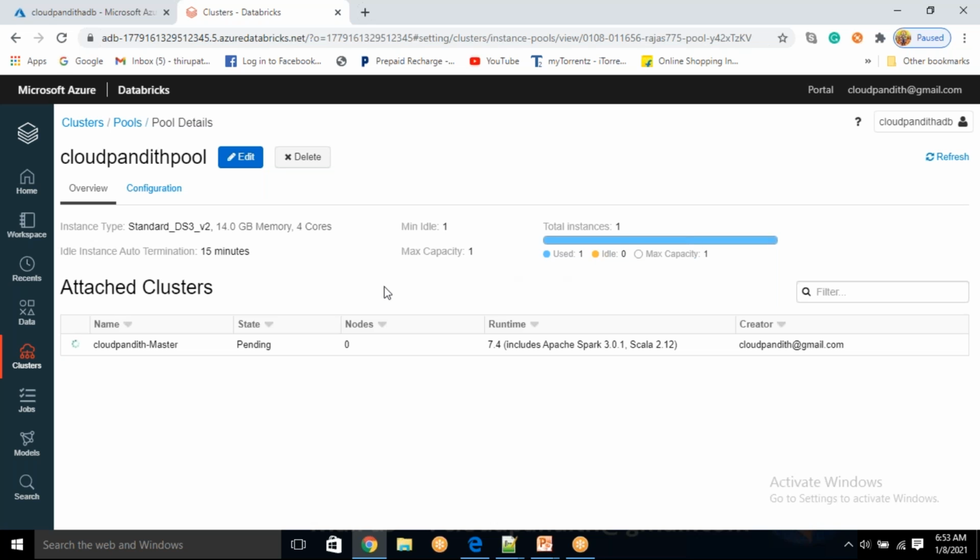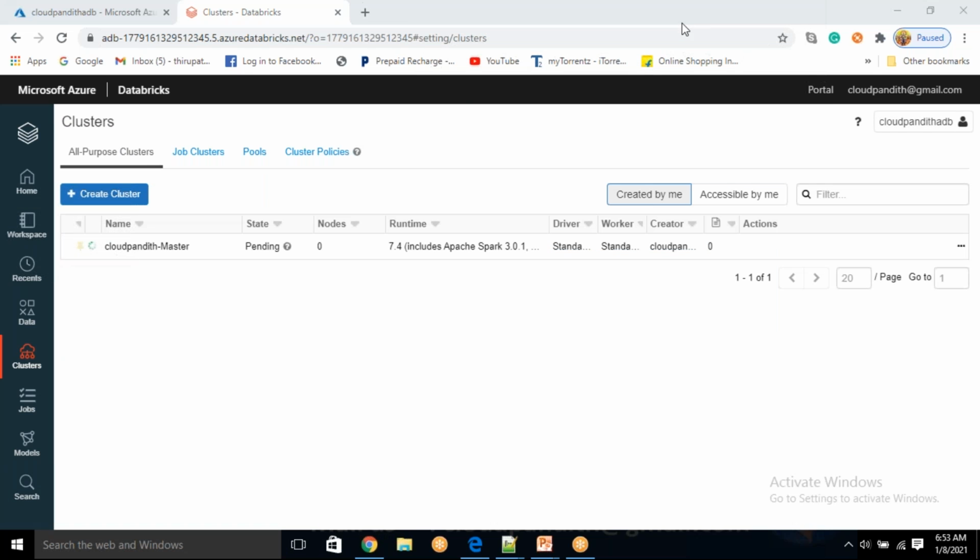Okay. And while the cluster is getting created, one more question. You said that there are two types, one is all-purpose, and the other one is for jobs. If it is a high concurrency one, which is a premium one, and let's say at any point in time I have 5 jobs running, will it create a cluster every time for each job, or rather run them on the same high concurrency cluster and not create the cluster every time the job runs? However, in the standard, it will create one every time the job runs. Is that right?